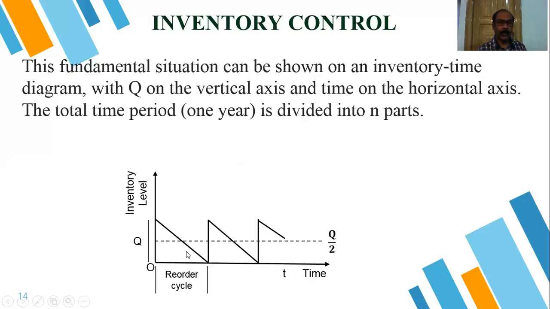From that we calculate the cost: setup cost, holding cost, and the item cost, then the total cost, then the average cost. From that we form a relation with the total cost. From that we calculate for which value of T it will be minimum, and we have to check whether the condition for the minimization is fulfilled or not.